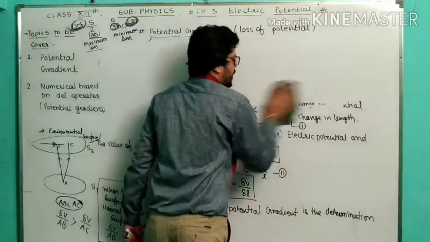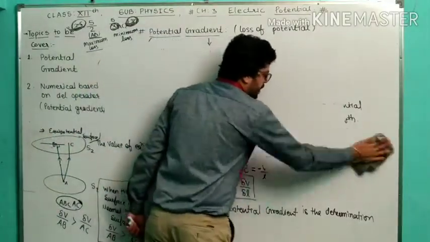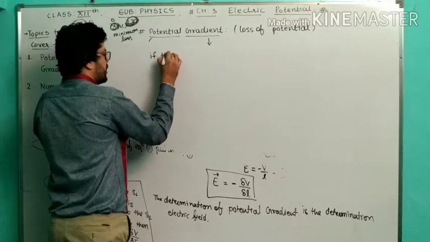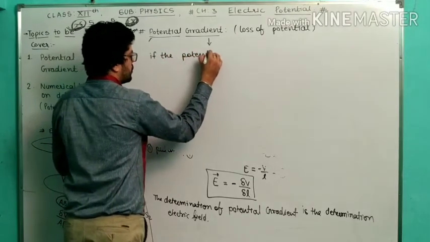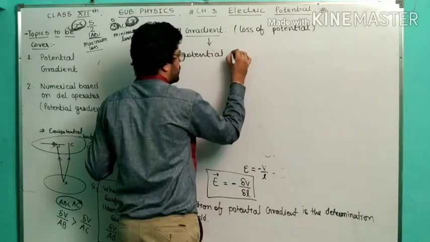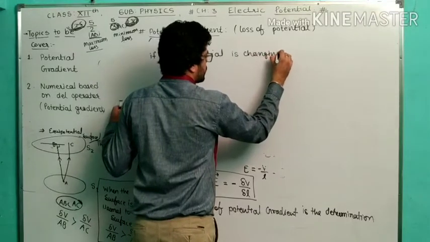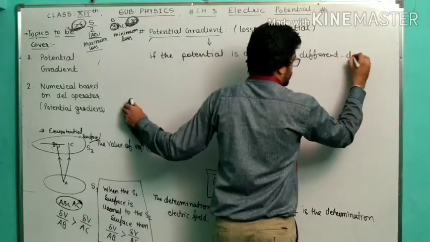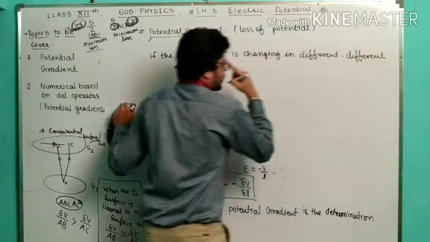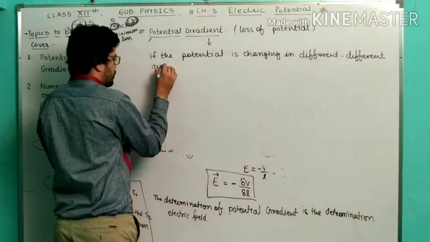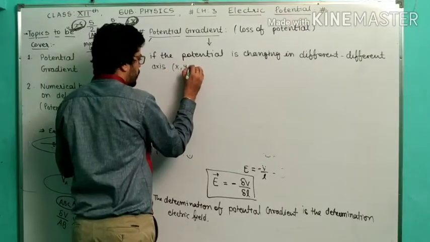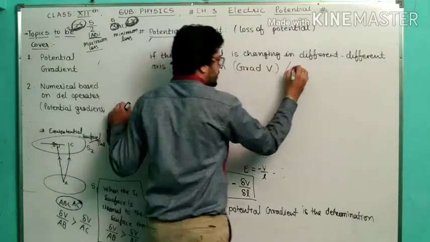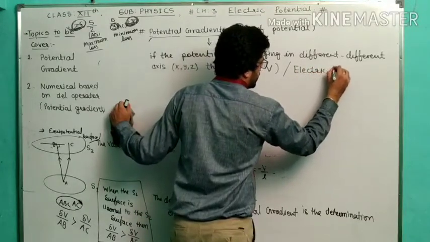If you want to determine the electric field, which means grad V, the potential gradient, and the potential is changing in different axes X, Y, Z, then grad V, or you can say the electric field is,